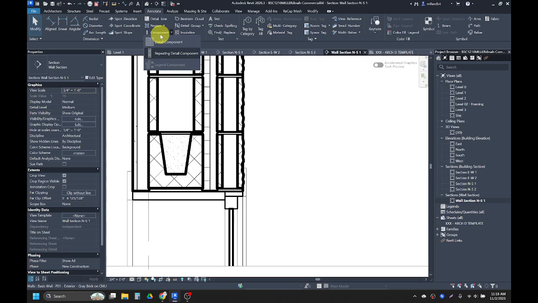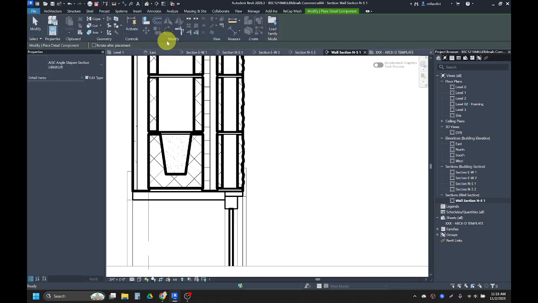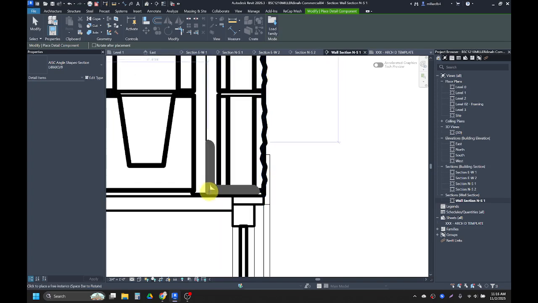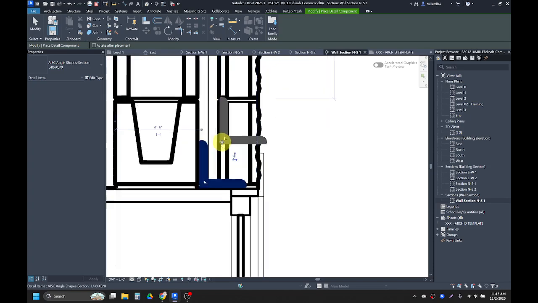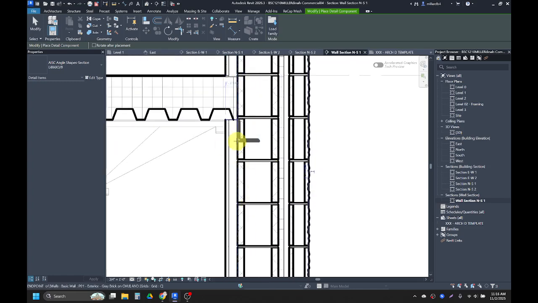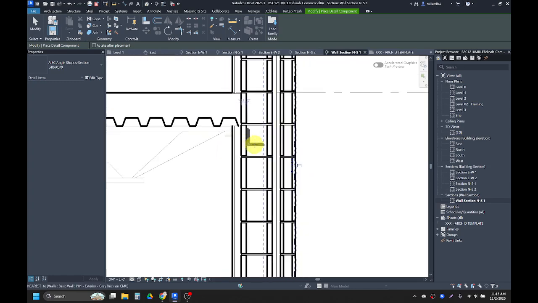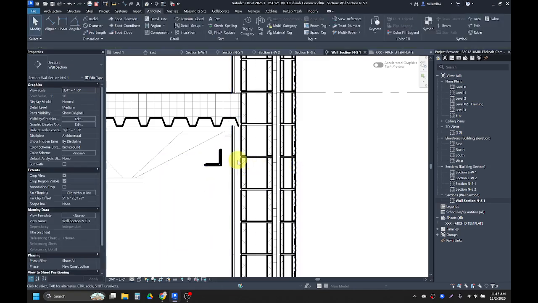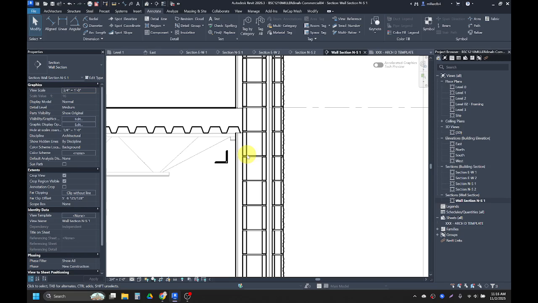But I want to do just a regular detail component or keyboard shortcut DC. And then if I want to flip this around, I can hit the space bar to flip it. I'm going to put that right outside of my brick here. And then I have another one hanging out where I want to put my steel shelf here. So I'm actually going to flip it around and just place it here for the time being and hit escape a bunch of times